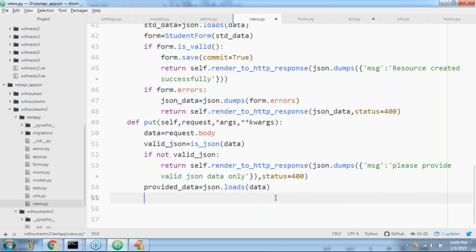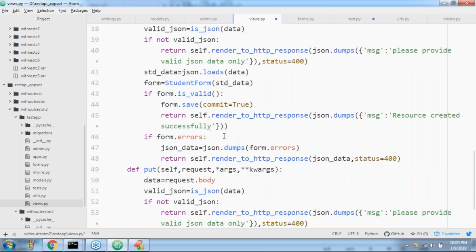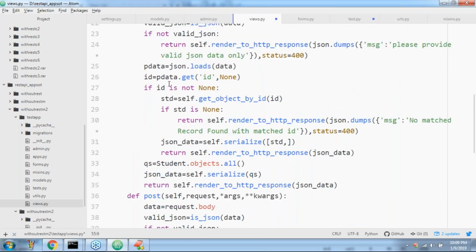Okay, well, the ID must be compulsory. Correct or not? ID must be available or not? Because if the ID is not available, then for which record do you want to perform updation? ID must be available. That's why somewhere ID checking is needed. If this ID is not there, we are going to get an error. Okay, just take very special care, sir.